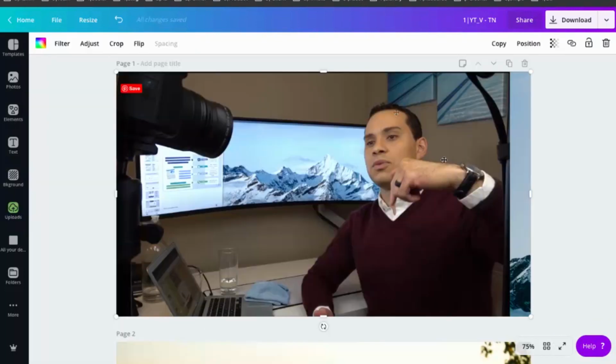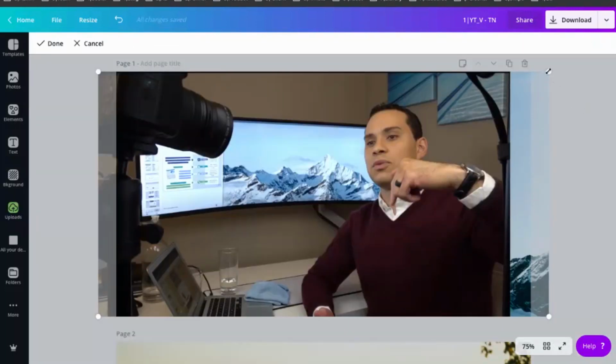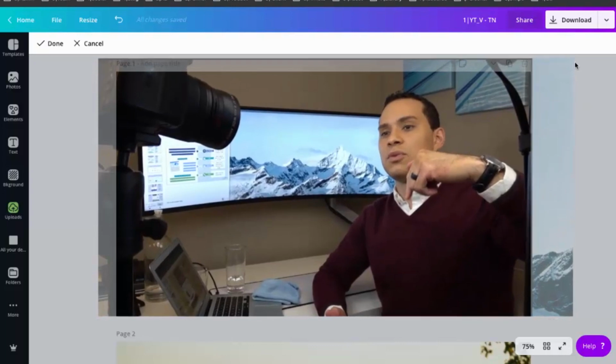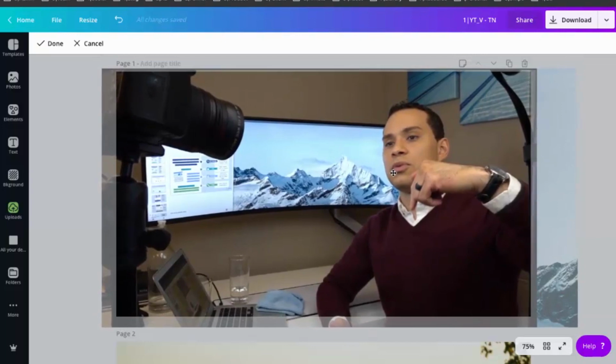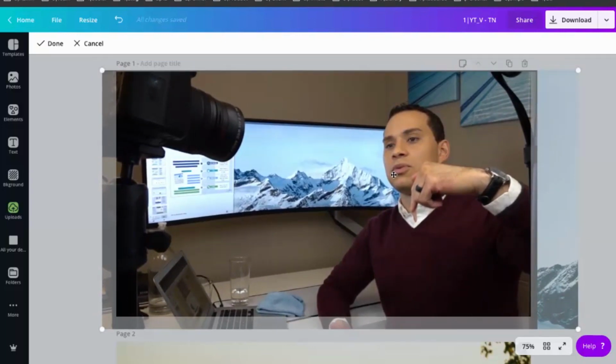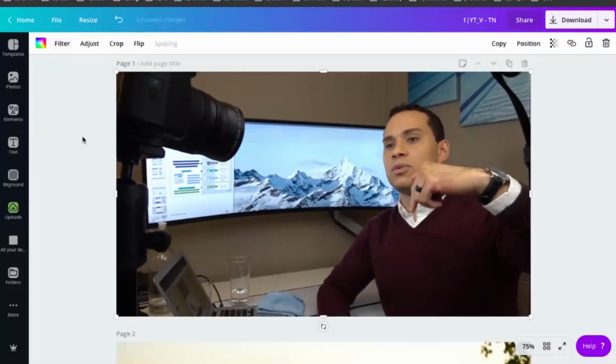Now, as you can see, I was a little sloppy when I did my screen capture, so we'll just click and make it a little bigger so that the extra stuff is not in there, and we don't have that little black bar at the top. So I'll just bring it here, and that's close enough. It's going to be tiny on a mobile screen anyway.